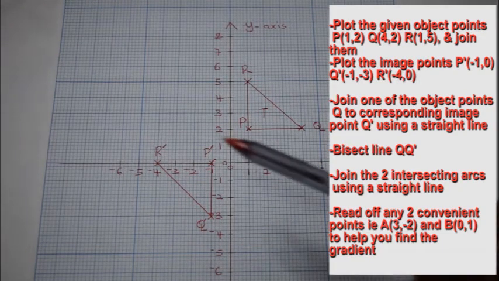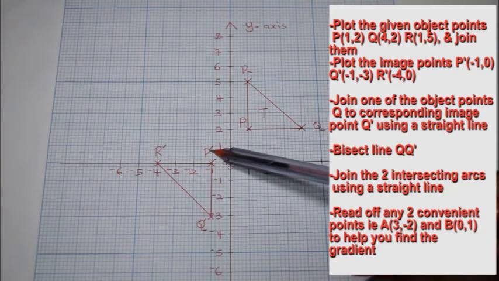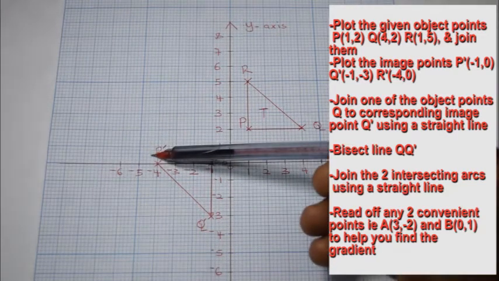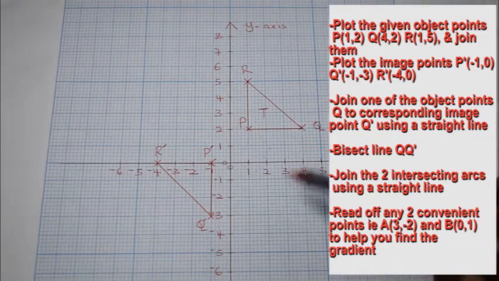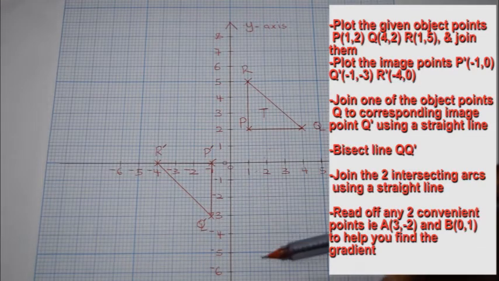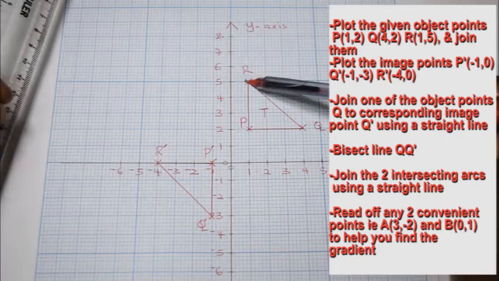Now, using our ruler, let's join the points to form the image. Now, using a ruler, we join one of the object points to its corresponding image point. For example, Q,